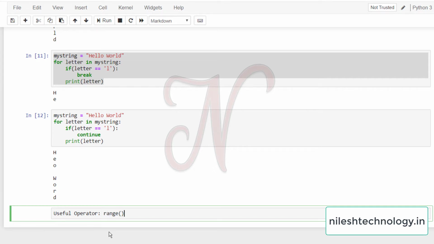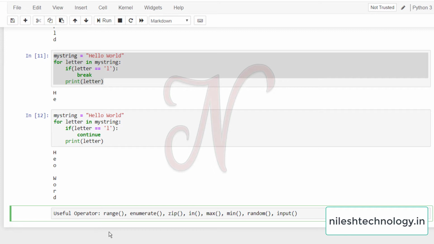Range, then we will see enumerate, then zip, then in, then max, min, random, input. We will see all these operators one by one.